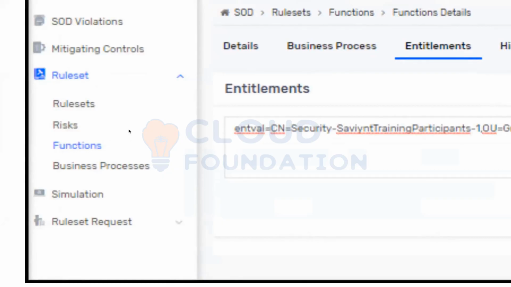We will create 2 functions and use these to create the rule set. They are interlinked: a defined function corresponds to an entitlement, and 1 or more functions define 2 or more functions.